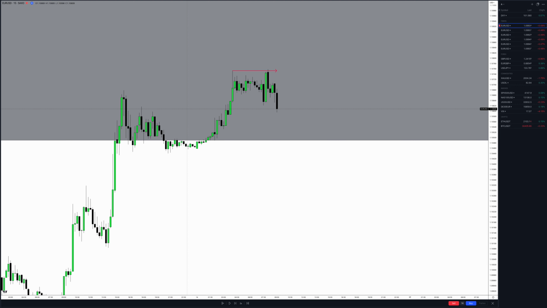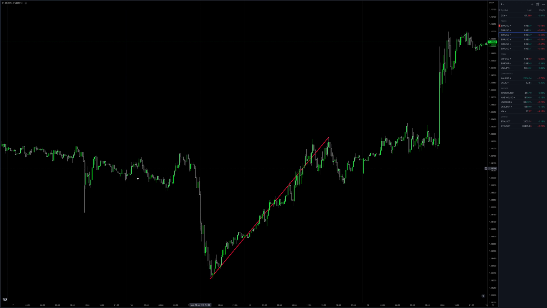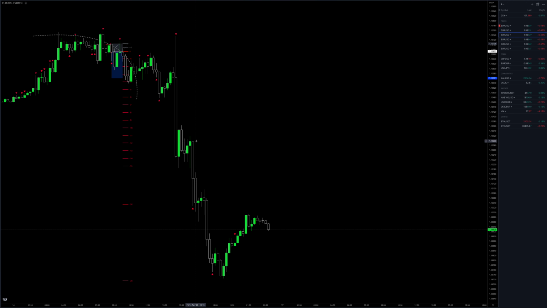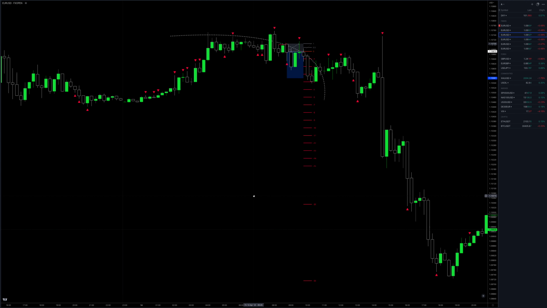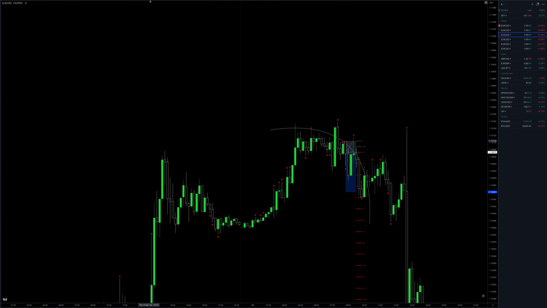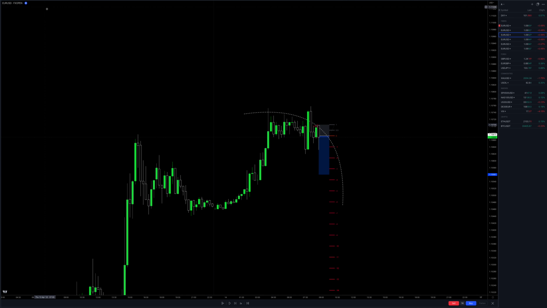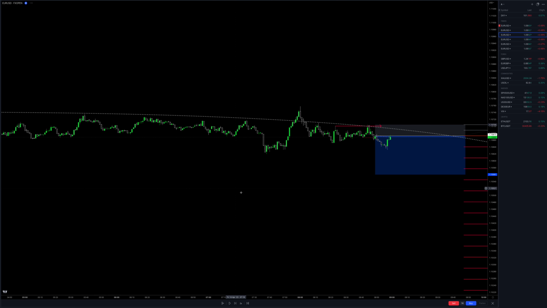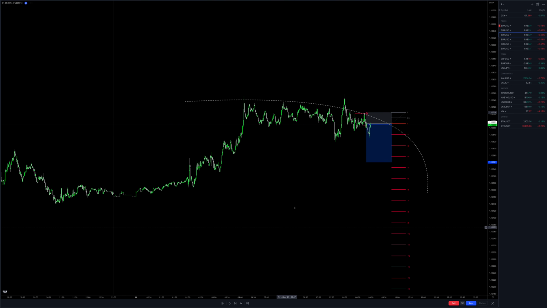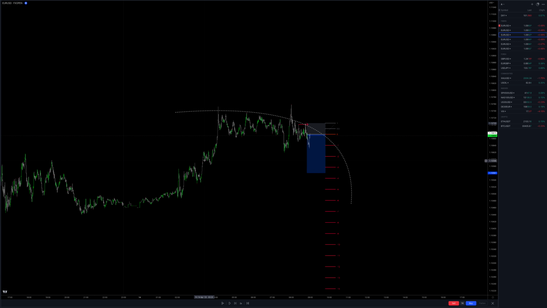First I took the short here when M15 was still not BMS down, so I went against my own trading plan, and that's why I paid the price. Just so you know, I took the short here, M15 was still not BMS, and look what happened. It was just an M5, M1 raid, BMS, and I wanted them to go into this fair value gap and this untested support. Instead, what they did,